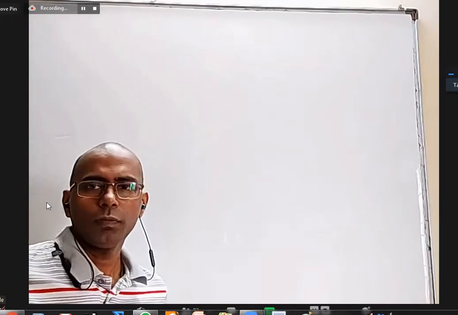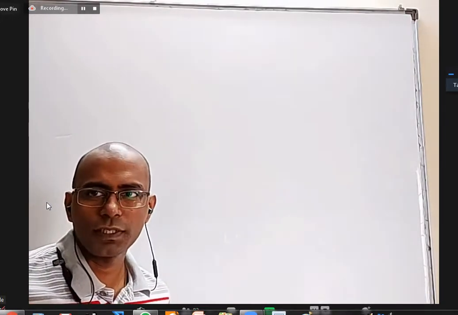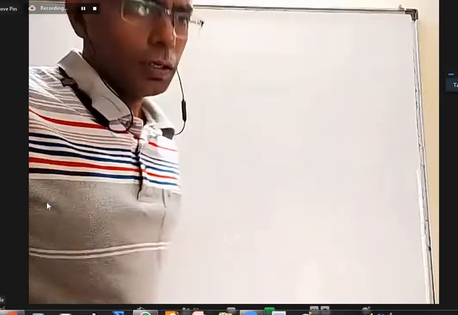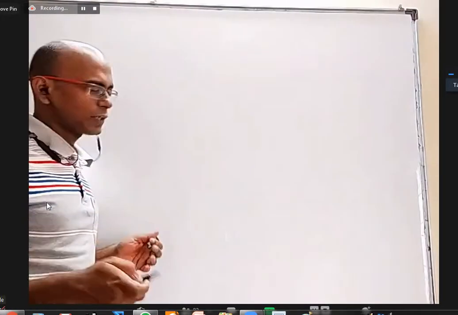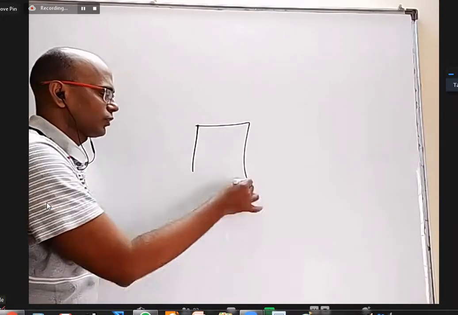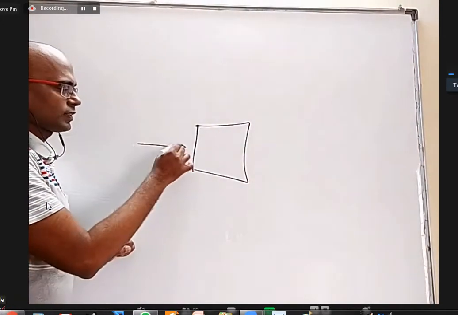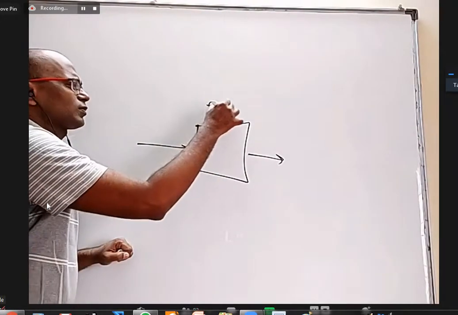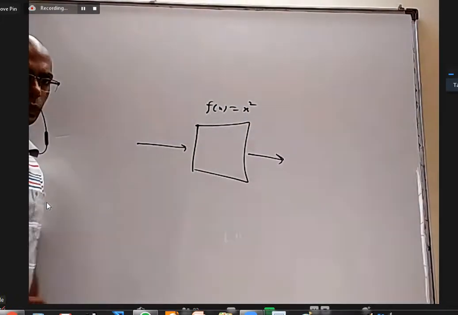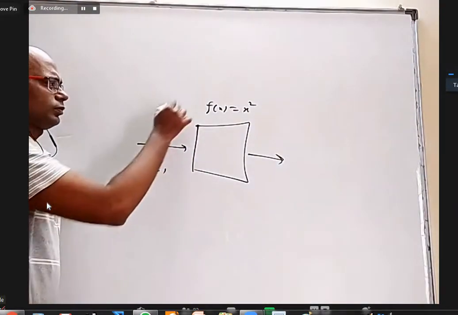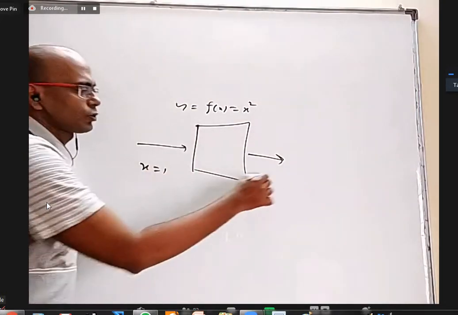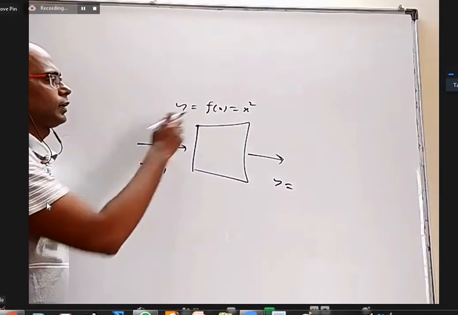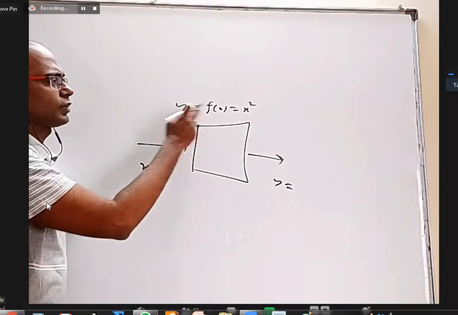Once again, what is a function, we have not yet discussed thoroughly. Okay, we'll discuss. For the time being, basically, a function is like a machine, some kind of machine where you give some input, some numbers, and it will give some output. Let us say f of x is equal to x square. Our input is the x value and the output will be the y value, and they are connected by the function y equal to f of x, which is x square.